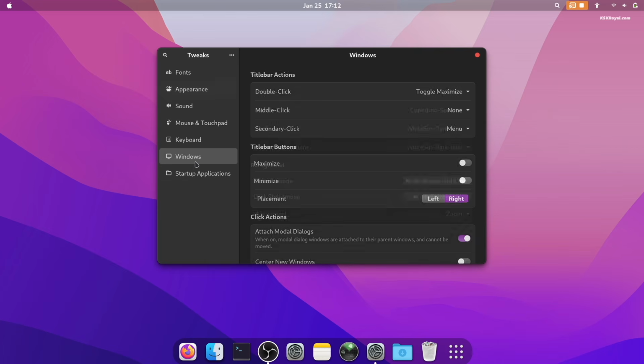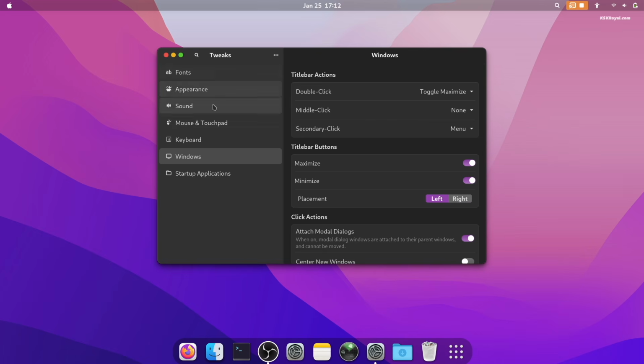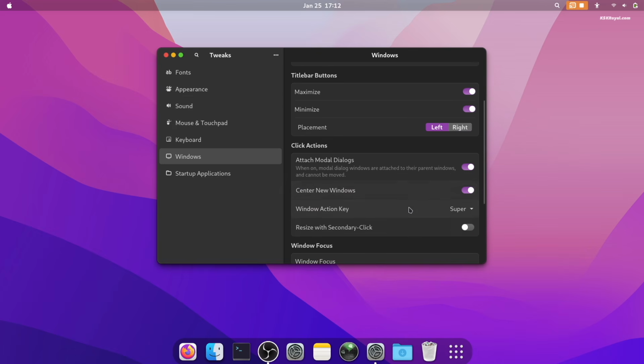Now select Window from the sidebar. Enable Minimize and Maximize buttons. Change the button placement to the left. And enable Center New Windows.